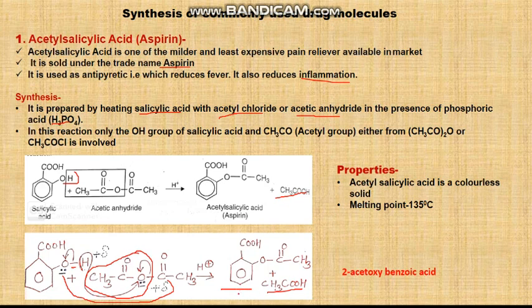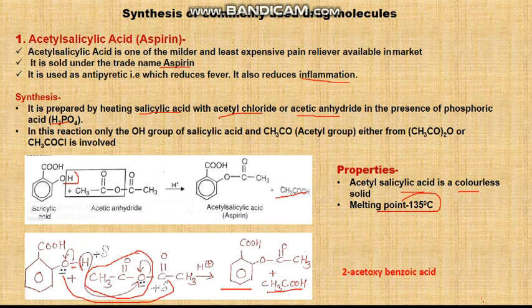So once the acetyl salicylic acid is formed, then how we will come to know that the formed product is acetyl salicylic acid? So we detect this on the basis of these two properties. One, acetyl salicylic acid is colorless solid. When this is formed, this is in the form of a colorless solid and its melting point is 135 degree C. So once this is prepared in laboratory, the main important basic factor is its melting point. So if this is fulfilling these two factors, then we will come to know that the formed or synthesized product is acetyl salicylic acid or aspirin.